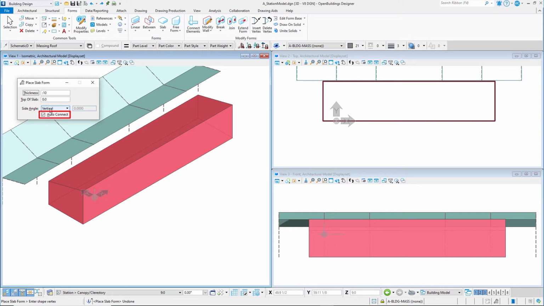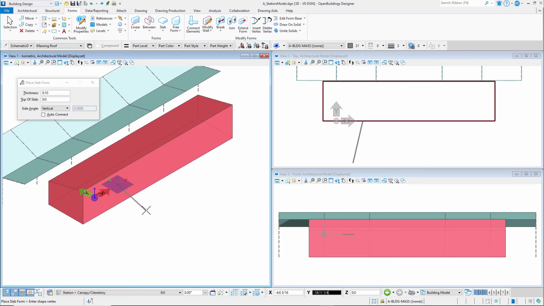It is not necessary to auto-connect. Working in either the top or the ISO view, snap the cursor to the corner of the building mass near the ACS triad, but do not place a data point. Use the AccuDraw shortcut O to set the origin of the compass. Note that even though you have snapped to the bottom corner, the AccuDraw compass has been projected to the active ACS plane. Then move the cursor 18 feet or 6,000 millimeters in the X direction to define the start point